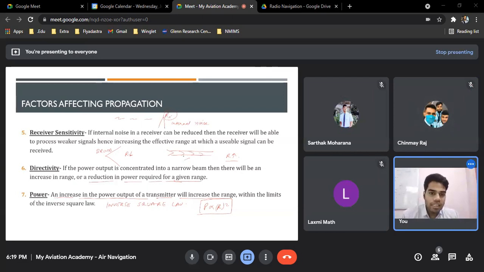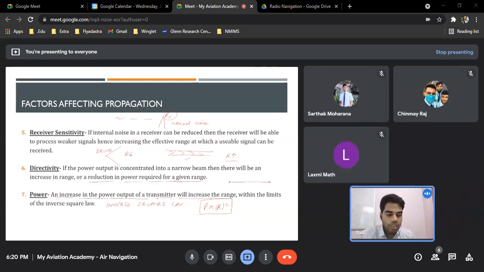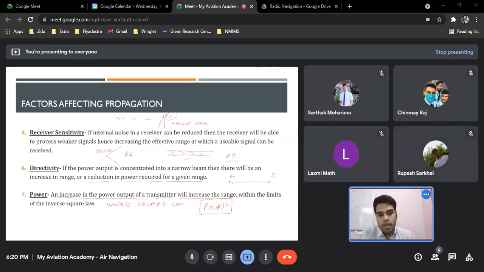So when you see this, you are having a higher range, right? So if you are having a higher range when we are directing it, suppose that I just wanted my radio waves to go from this point to this point, A to B. Now when I'm using my directivity, I am able to achieve more range. With the same power, I'll be able to even travel to C. But I just want to travel to B, so I can reduce my power and reach point B. All right. So that is what we're talking about. We don't have to use all the power. All right.